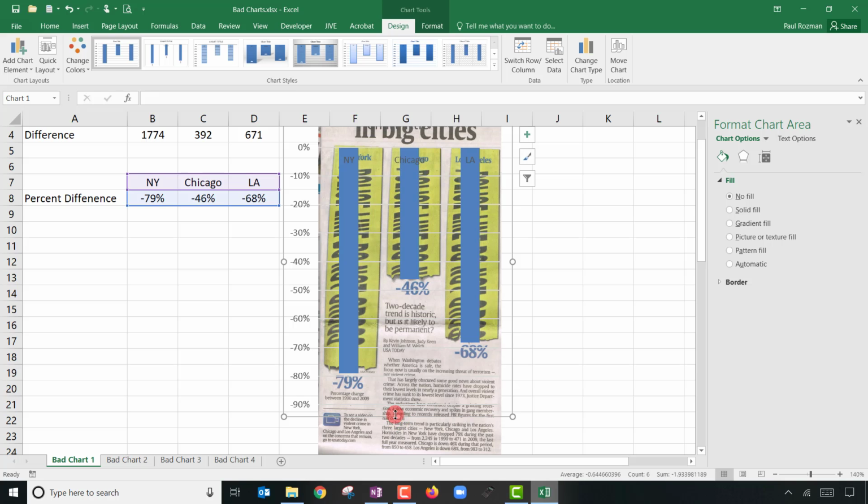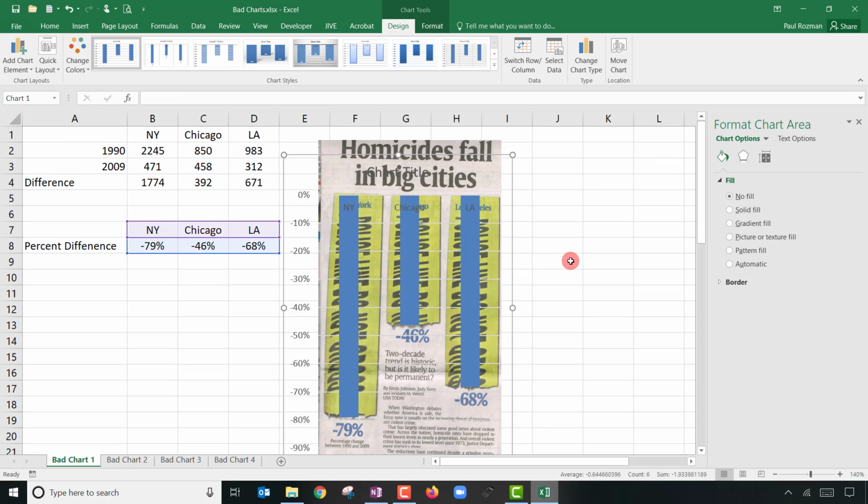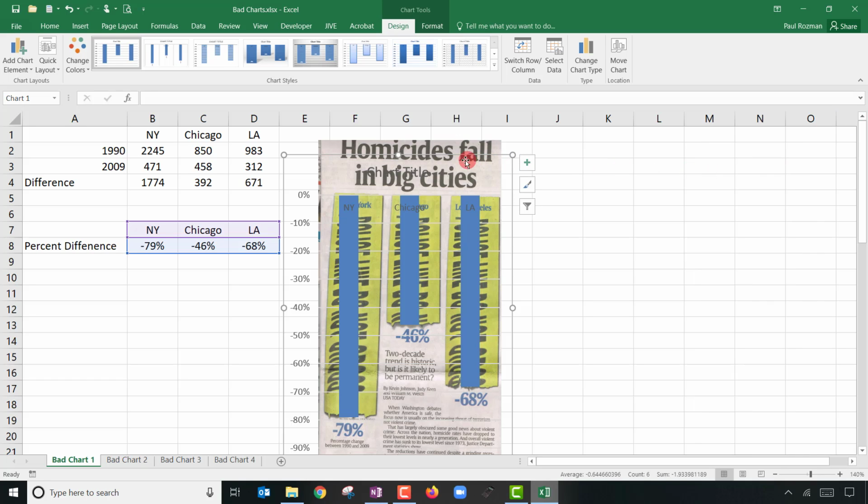So they went through all the trouble of putting that police tape on there, but they didn't bother to put a scale to show me that they were correct. So they made me scan this article in and import it into Excel and do all this rigmarole and bring it to my class, and it was okay. So they didn't actually mess this up. But this USA Today newspaper has kind of a reputation for making bad graphs. If you're ever looking for bad ones, check them out.